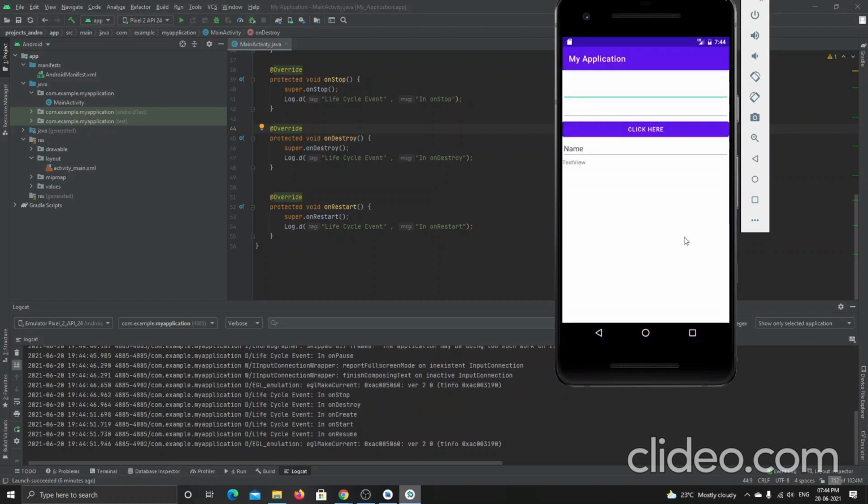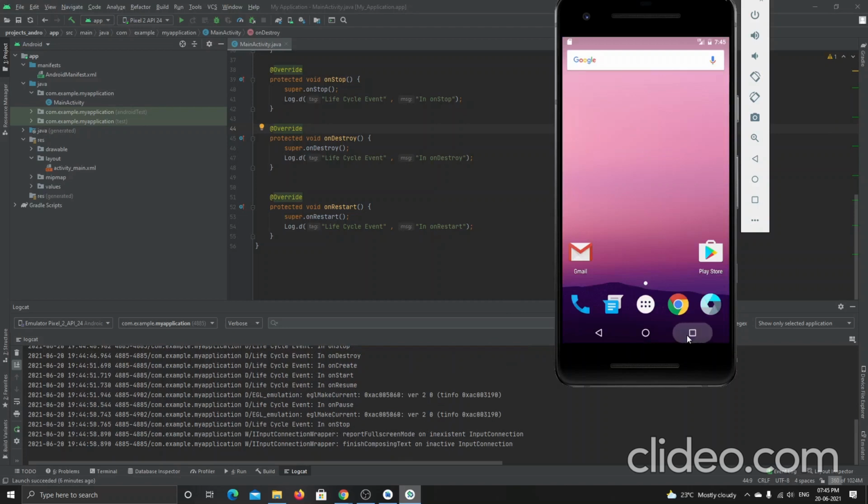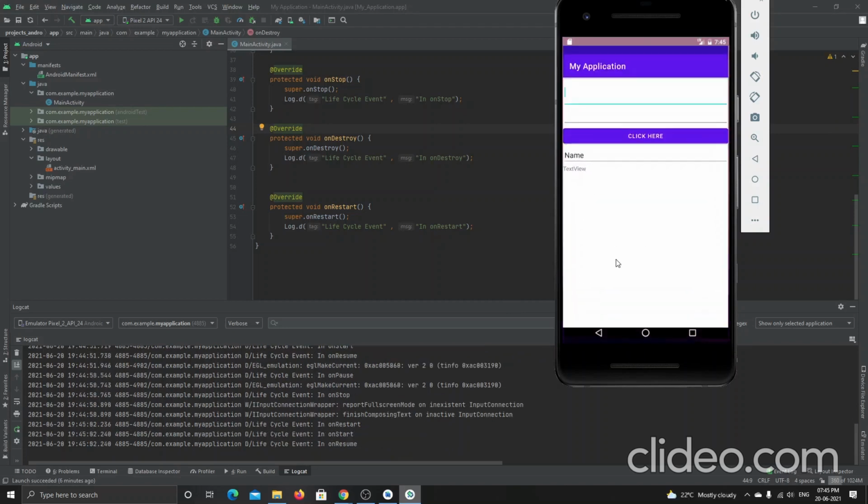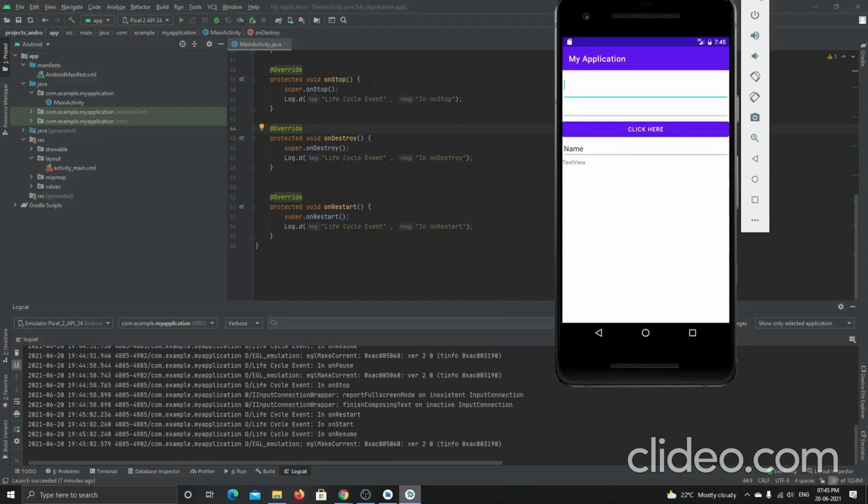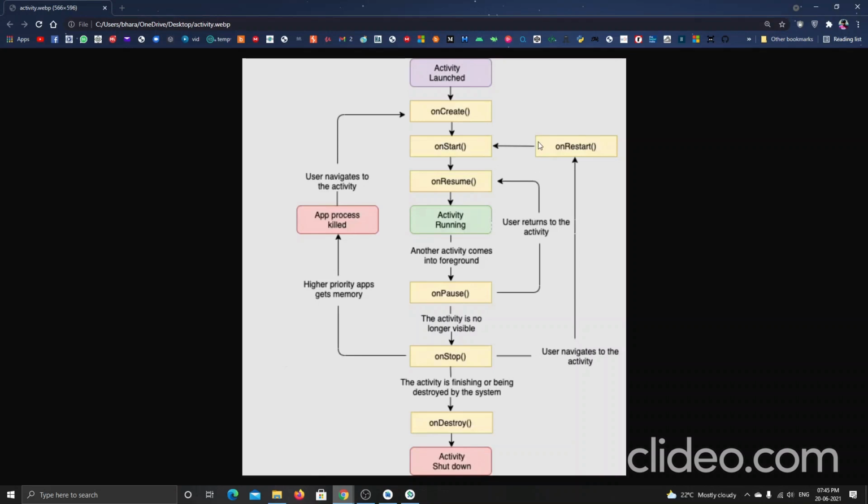When I go back to the application, it starts from the first onwards. If I press the home button and then come back to this application, it restarted the operation using on start. Here, it came back through on stop and then on restart, it started the application.